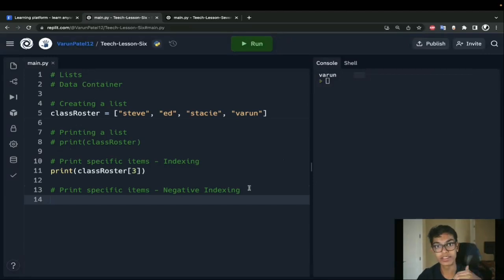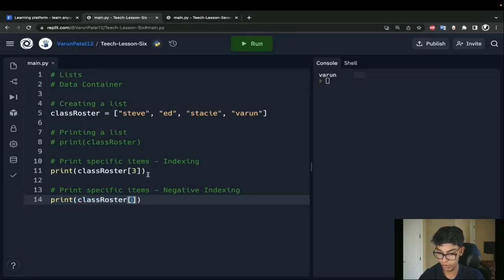Negative indexing is just working backwards. With indexing, we're working from the front, going back. With negative indexing, we're going to start at the end of our list, all the way out here, and then we're going to work back. Let me go through an example, and then we'll explain it.